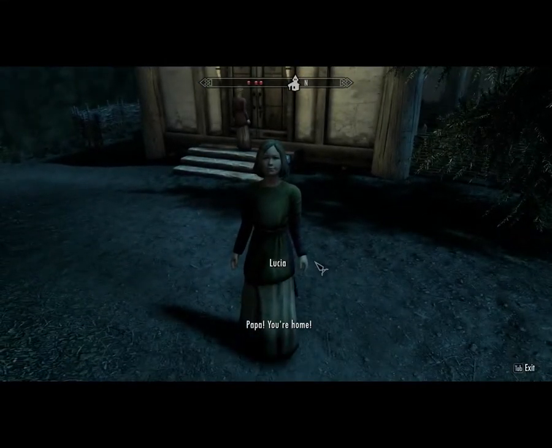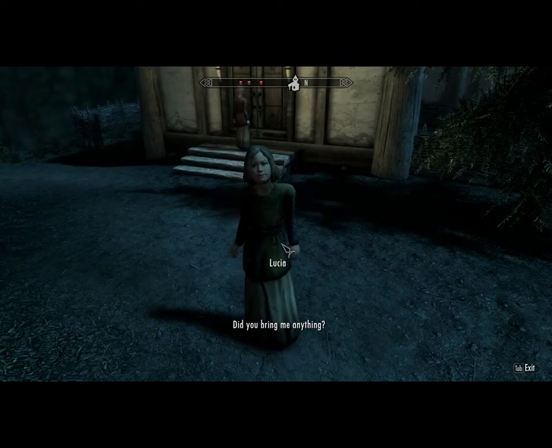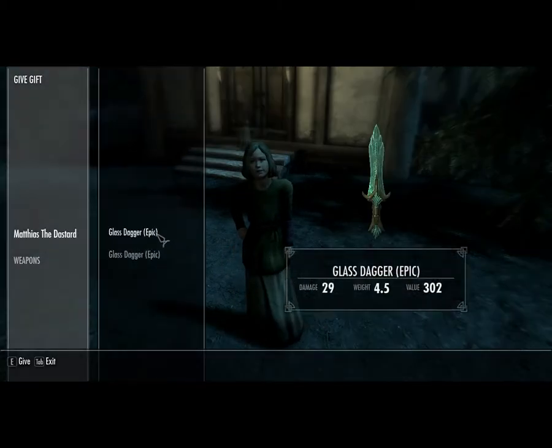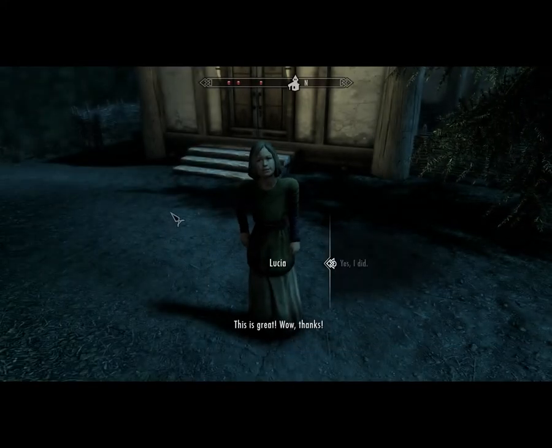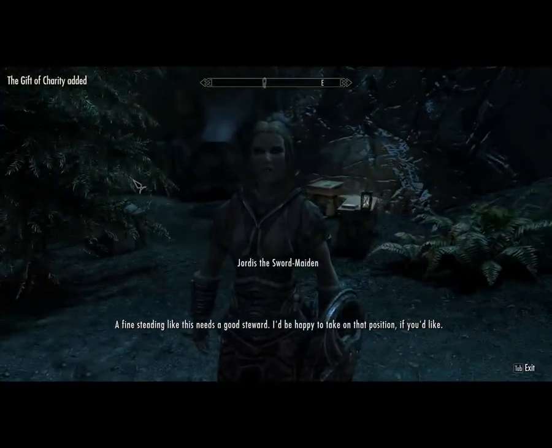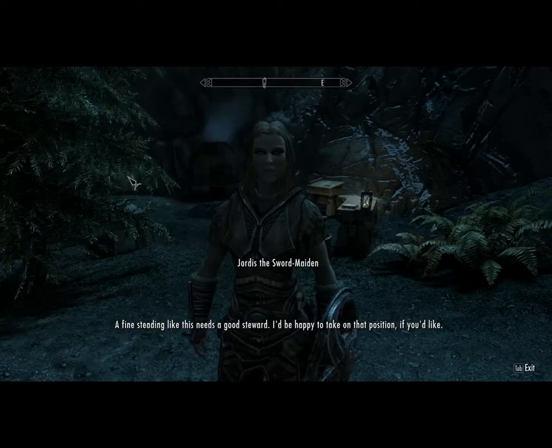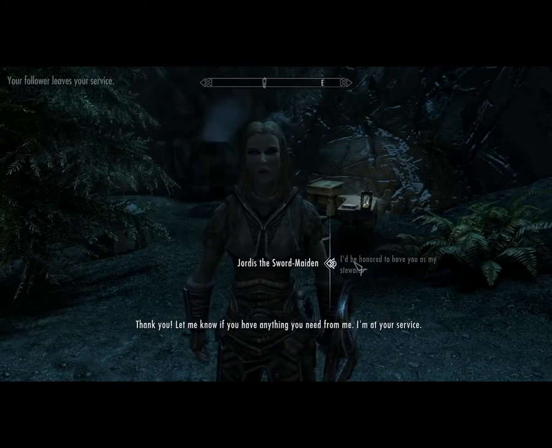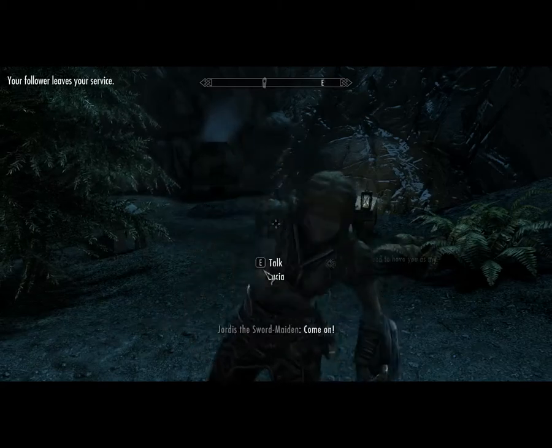Papa, you're home. Yeah, but something is about to attack us. Yes, I did give you an epic glass dagger. Wow, this is great. Wow. A fine steading like this needs a good steward. I'd be happy to take on that position if you'd like. I'd be honored to have you as my steward. Thank you. Let me know if you have...